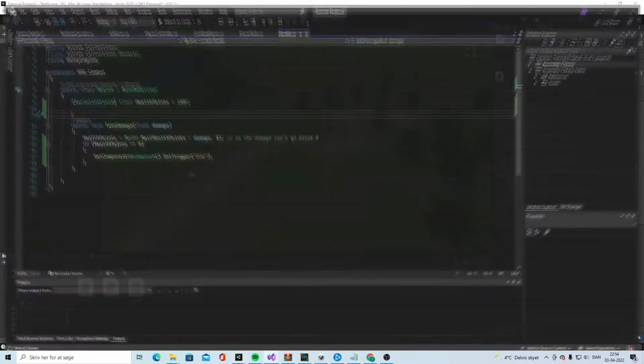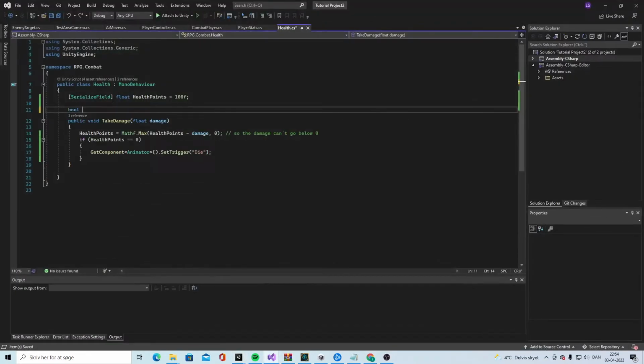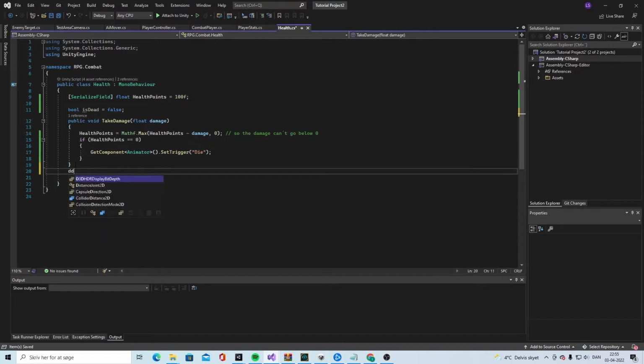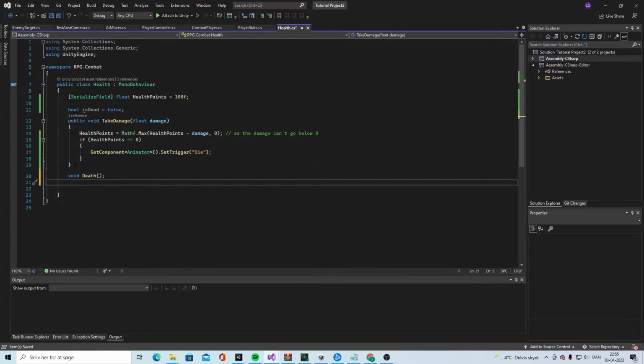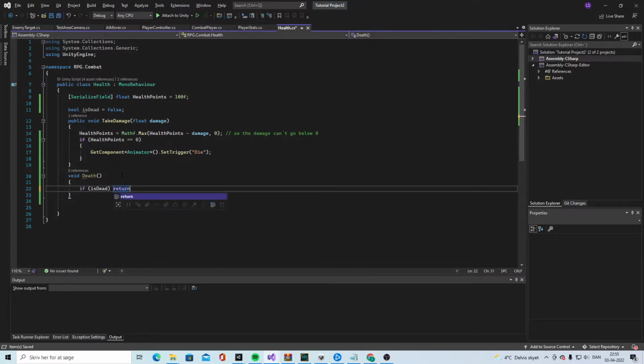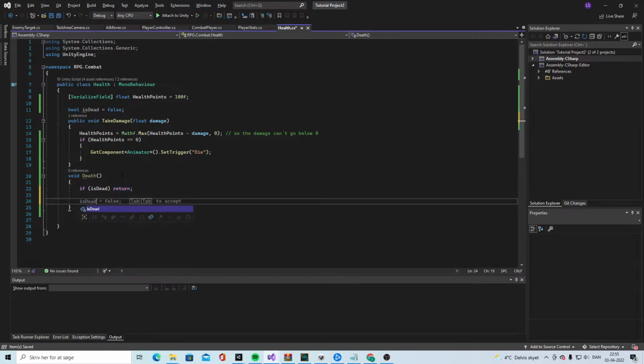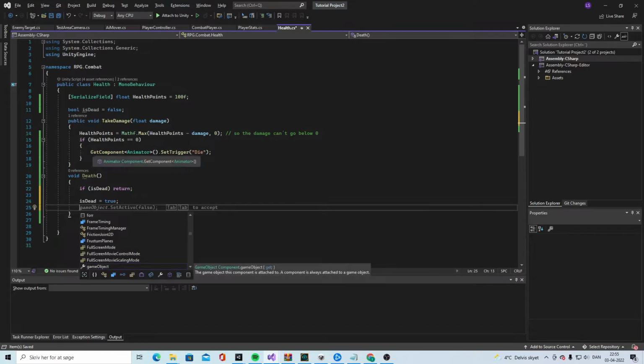So we will go into the health script and make a bool isDead, equal to false from the start. And then we will make a void Die. Oh, I'm doing a lot of mistakes right now. Like this, and then we will say if isDead, then return. Else we say isDead is equal to true, and of course do this animation part